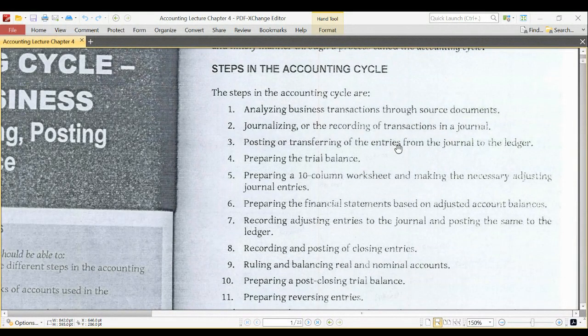And how do we analyze? We will use source documents. Right? The business transaction must not only be by word of mouth. There must be an existence of the transaction. And as an accountant,